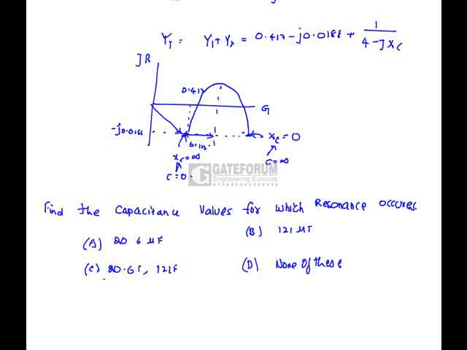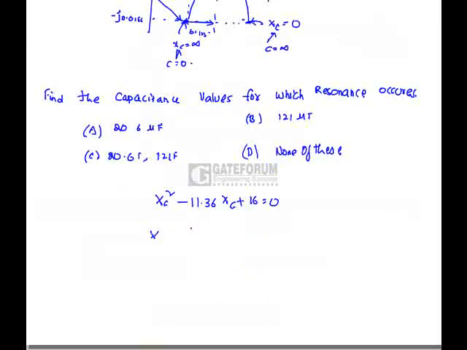Find the capacitance values for which resonance occurs. Here at the value of resonance, the admittance is going to be purely real, so the imaginary part is going to be 0. If we make the imaginary part equal to 0 in the above given admittance equation YT, we will get XC square minus 11.36 XC plus 16 equals 0. So if we solve this quadratic equation, we will get XC as two values, that is 9.71 ohms,